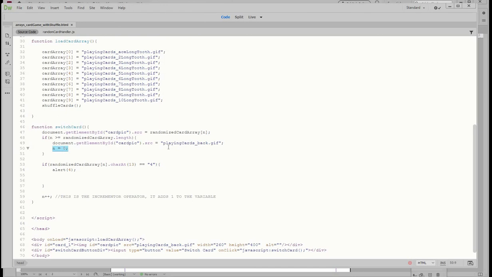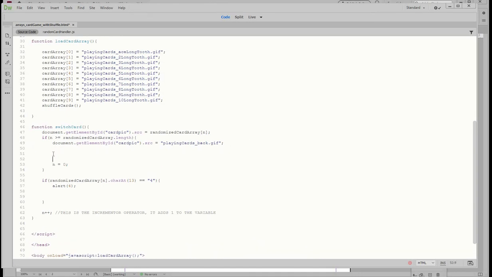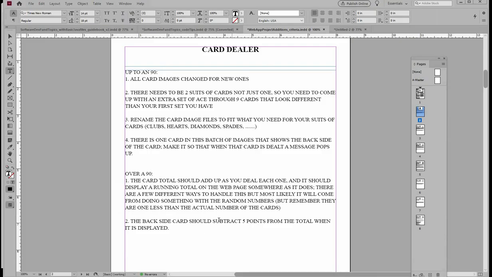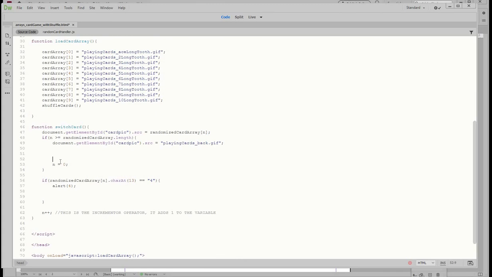It's just going to resequence through the same randomized sequence of the shuffled cards, but you would add something else in here. And it's going to be score equals score minus 5. That's what I'm asking for right here. Subtract 5 points. Score equals score minus 5. And not only do you need to put that in there, but you're going to have to write that to the div. So don't forget, when you create a score div and you set that up, you're going to have something that says